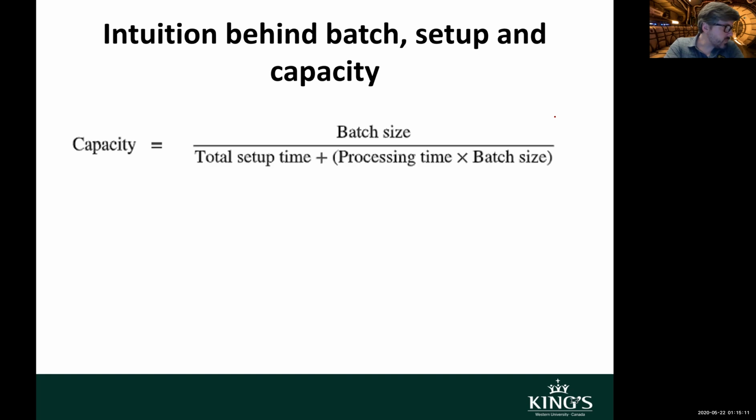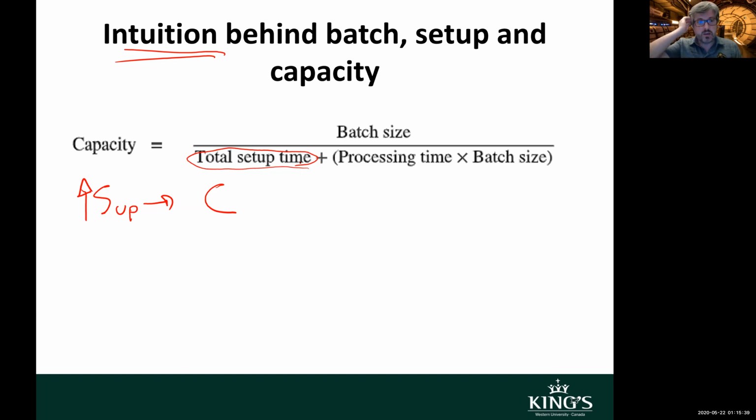So let's look at this equation and get some intuition behind this equation. What really happens if I increase my setup time? If this goes up, what happens to my capacity? So setup time only shows up in the denominator, right? So the more time I spend dealing with retooling, dealing with recalibrating, dealing with preparing, cleaning up, and whatnot, the less time I have available for production, right? So the setup, it makes sense. If this goes up, capacity will go down